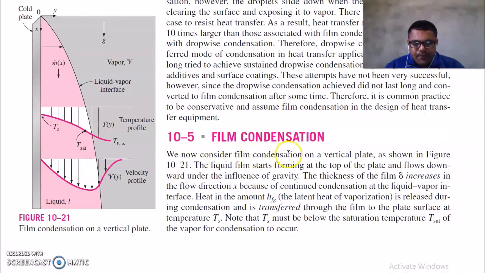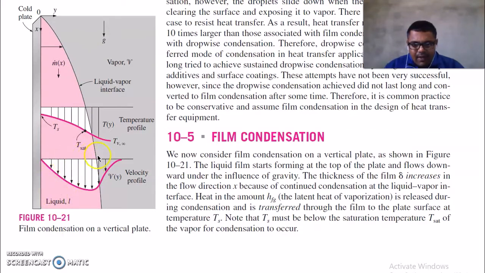Film condensation. We now consider film condensation on a vertical plate. This is your vertical plate here. This is the x direction and this is the y direction. So this plate is cold, meaning the temperature of this plate is lower, which is Ts, the surface temperature. The liquid film starts forming at the top of the plate and flows downward under the influence of gravity. The thickness of the film, which is delta, this thickness,